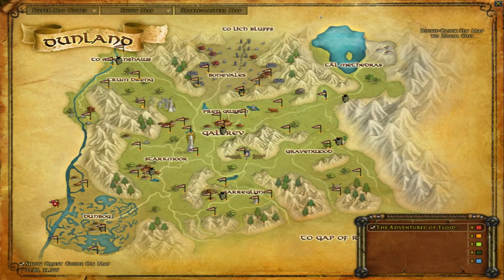Okay, so last up then, inside Dunland. The last one we need is inside the Pristine Glade, which is a special area in the Dunbog region. So to get to this one, your best bet is to head to the central town of Gautrev, which you can swift from pretty much everywhere. Then if you get a swift travel horse to Lan Ross, which is the capital of the Dunbog region over here,